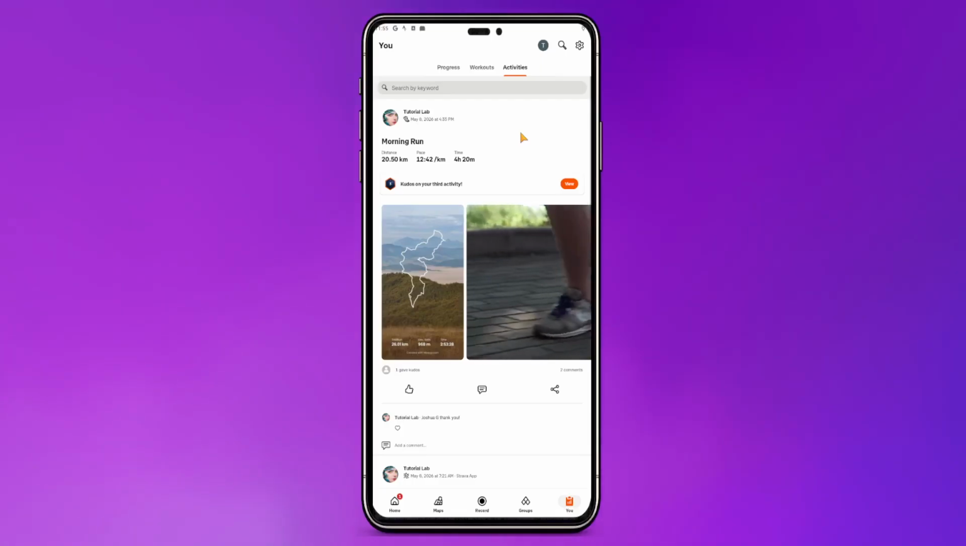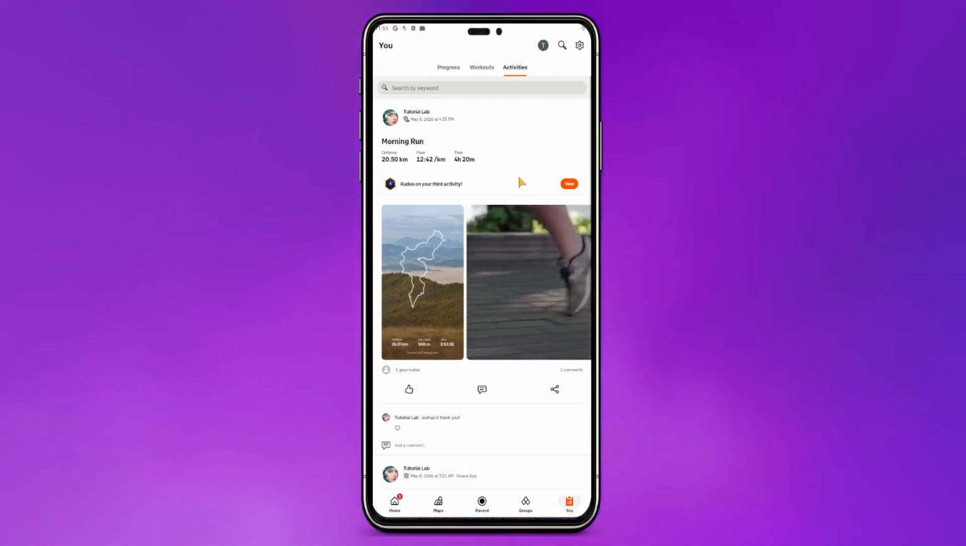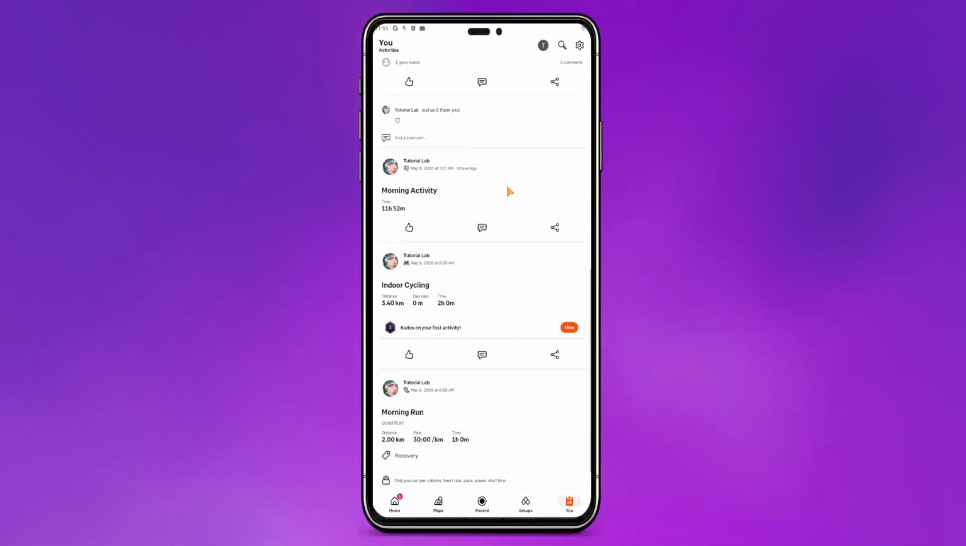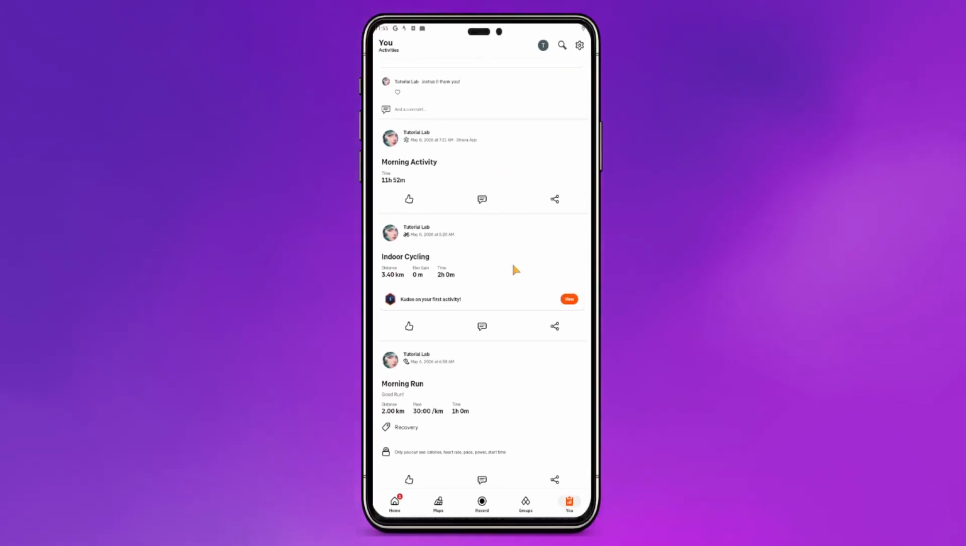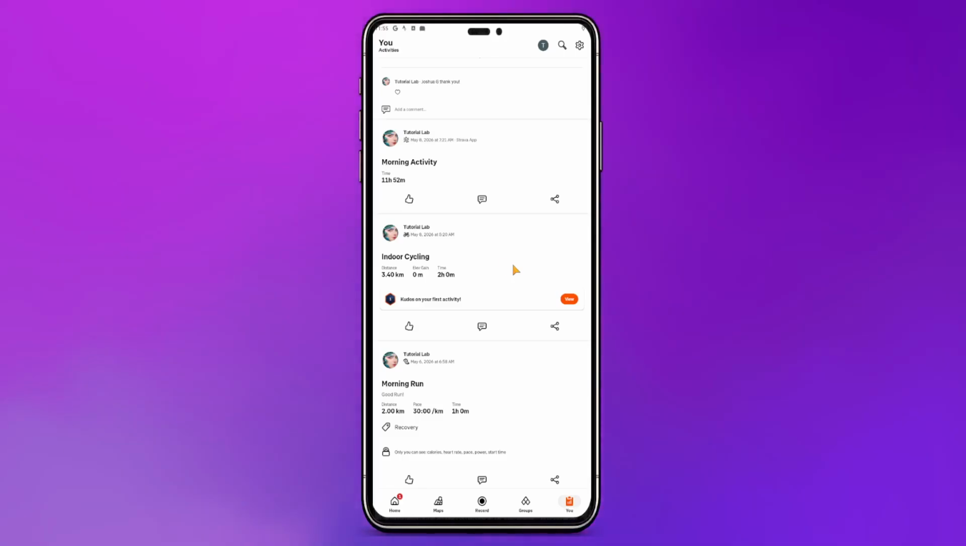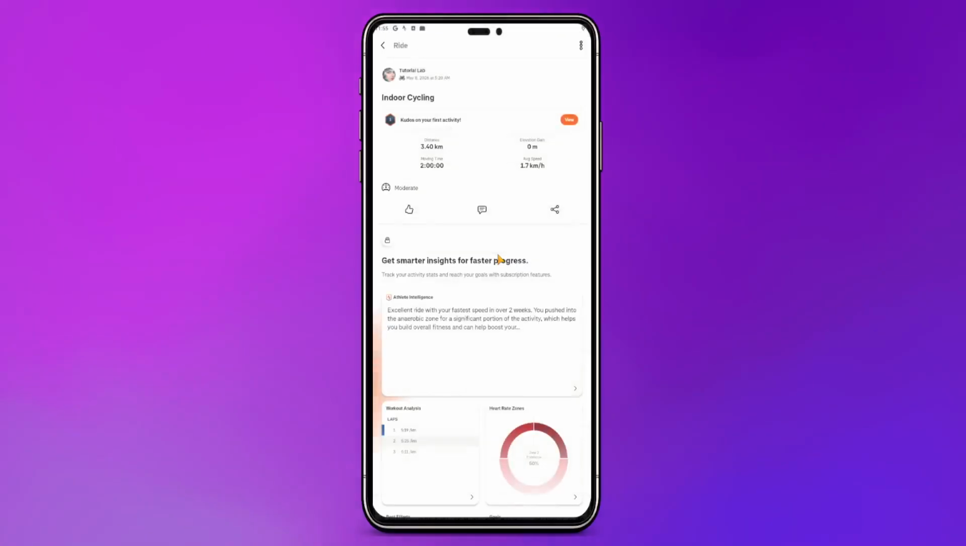Next, scroll through your activity list and find the specific activity you want to delete. It could be a recent workout or something from a while back. Once you've located it, tap on that activity to open it. This will bring up the full details of that workout, including your route, stats, and any photos or notes you